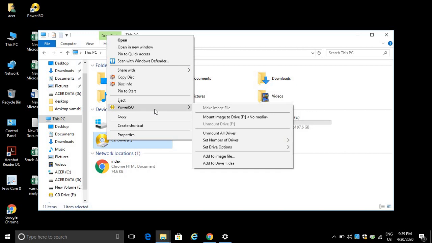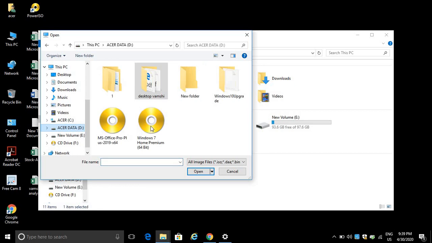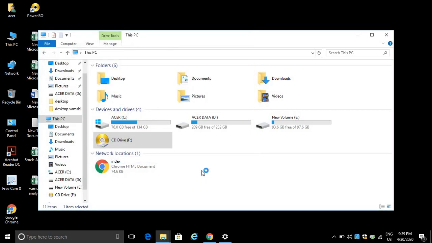You can find this software free of cost. Then after installation, it requires one time restart. After that you can find this virtual CD drive. In that you have to mount this image file. So it is downloaded and stored here. MS Office Professional, open. Like that your ISO file comes into this virtual drive.